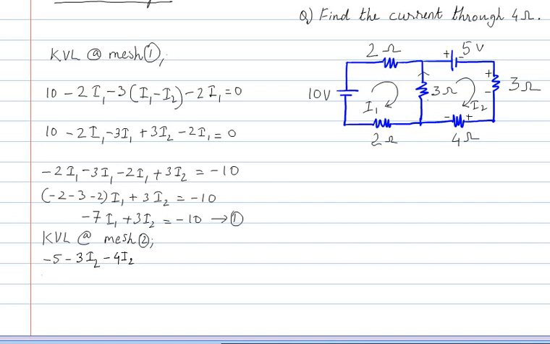So current is going from bottom to top, so this must be plus, this must be minus. So front of the bogie is going to be minus. So minus 3 times I2 minus I1, and that is going to be equal to 0 according to KVL. So what we are having is this equation. So let me rearrange. This minus 5 I can take the other side and that becomes plus 5.